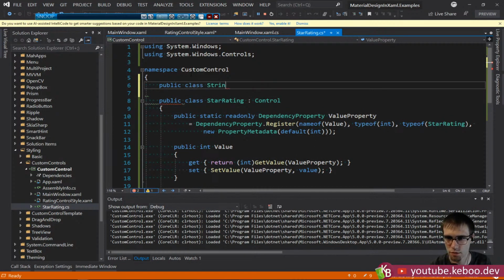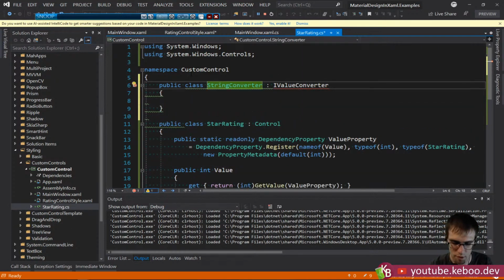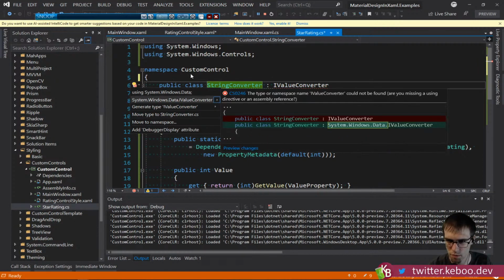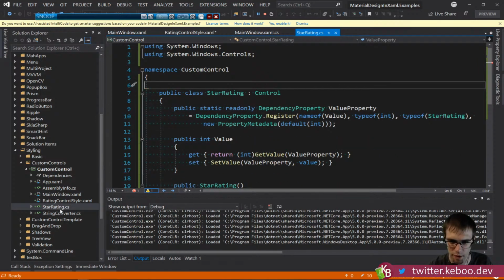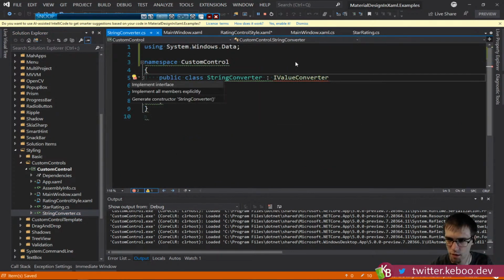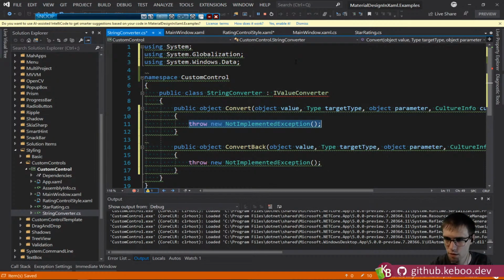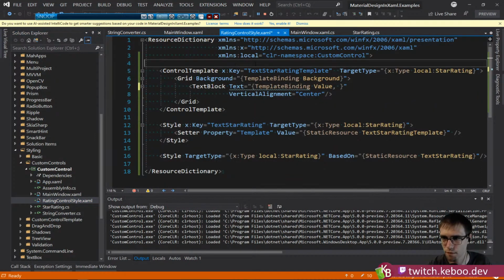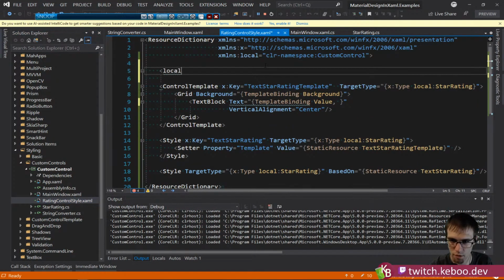Public class string converter, value converter. All right, and we're just going to put you in your own file. Autocode to victory, implement the interface, write all the code, return value to string. Just in the event, I know we're not going to hit a null, but we're just going to make absolutely certain. So X key,